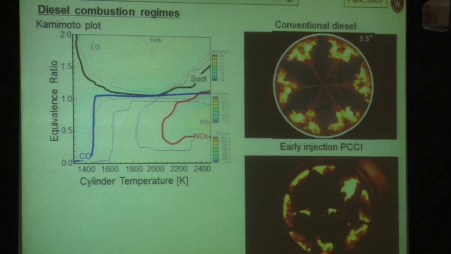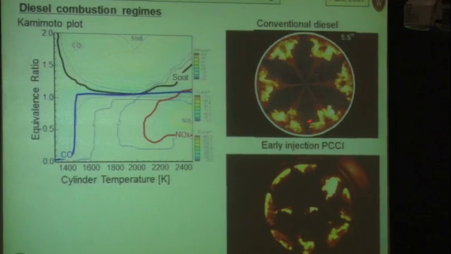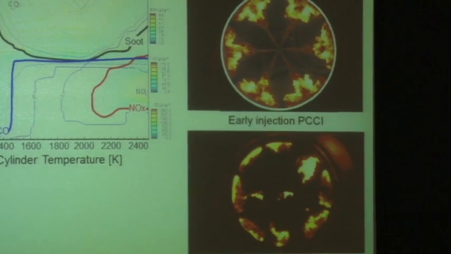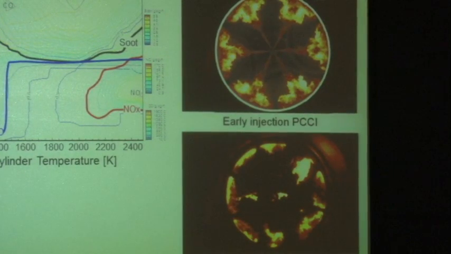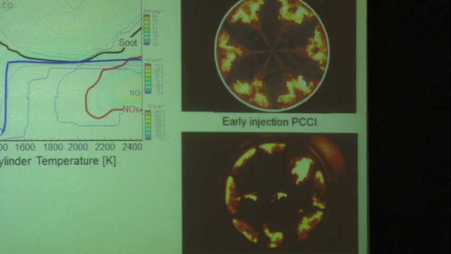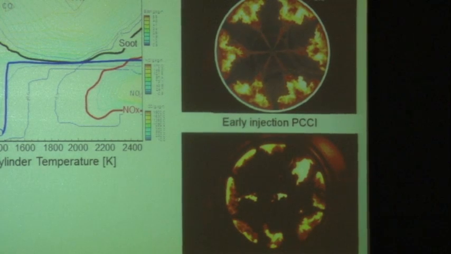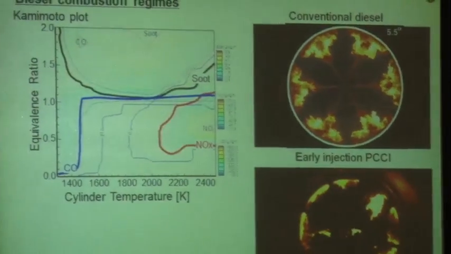And the idea here is to try to allow as much time as possible between the beginning of the injection, or even the end of injection, and the start of combustion. In that way, you reduce the equivalence ratios locally in the combustion chamber. Professor Kamimoto and his group produced this plot here, which is very interesting, which basically